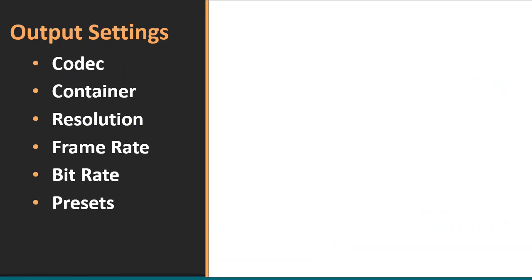There are 5 important output decisions that producers need to make before they export their final cuts. What codec will you use? What's the correct container file format? What size window dimensions do you need? What's the resolution of the video frame that you want to use? And how fast, what frame rate will you have to use? And finally, what's the appropriate bit rate for the quality setting that you need? Once these decisions are made, you then can either use an existing preset with your editor or you can customize a new preset. And we're going to examine each of these concepts in a little bit more detail.